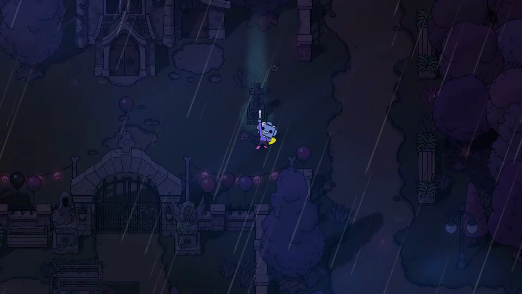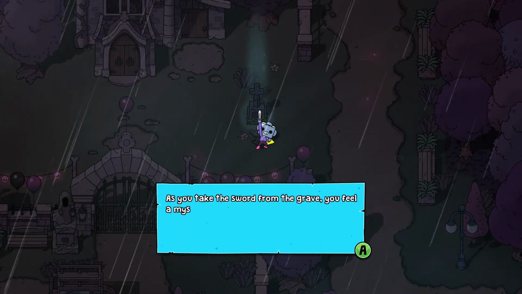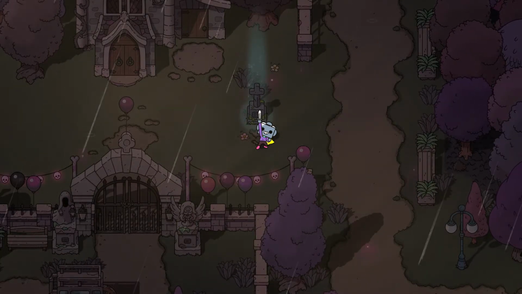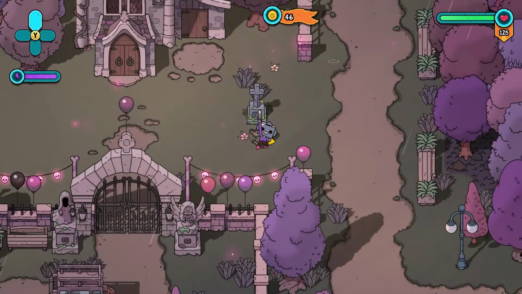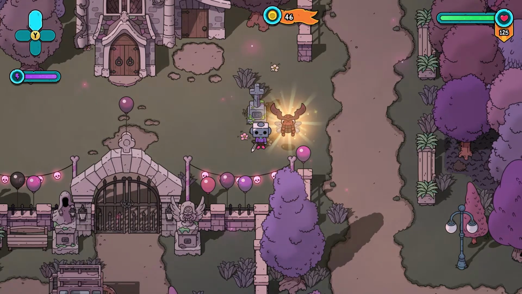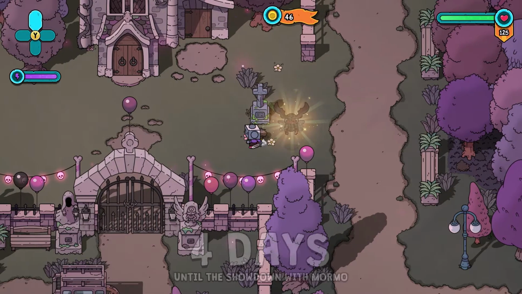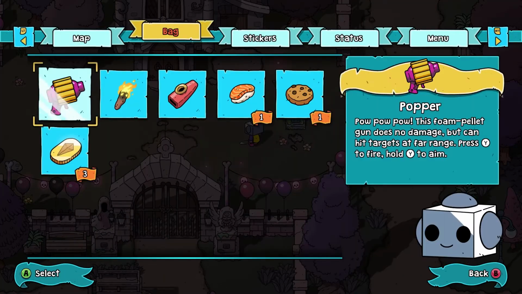Do we get the flashing ears? Yeah, we got the ears and the flashing hat again, probably. We should have all the money we have from last time and the gear. There you go, like 46. We should be level 2 as well. So we can have a look at...